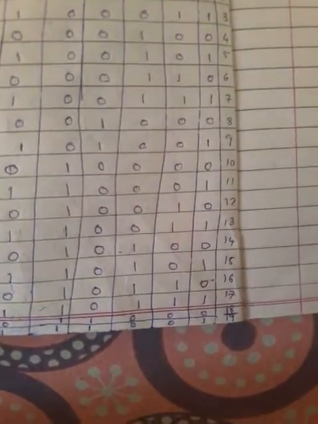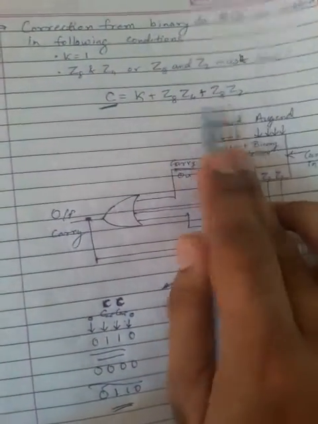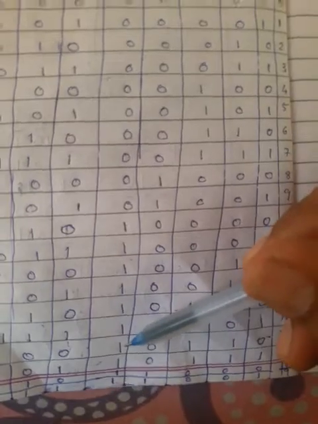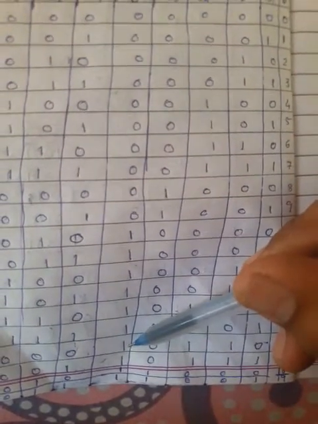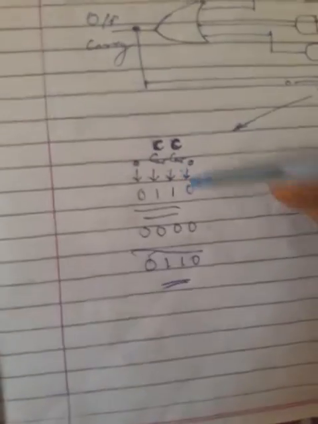और यहाँ पे आउटपुट कैरी यहाँ पे 1 कैसे आ रहा है, ये आउटपुट कैरी के हिसाब से 1 नहीं है, यहाँ पे C के हिसाब से, इस फॉर्मूला के हिसाब से C की वैल्यू 1 आ रही है. ओके, इस फॉर्मूला के हिसाब से K की वैल्यू 1 है इसलिए C की वैल्यू 1 है. इसलिए यहाँ पे ये जो C दिया हुआ है यहाँ पे 16 के आगे यहाँ पे 1 इसलिए दिया हुआ है. Okay, because K is 1 that's why C is 1. ओके, और उन दोनों को ऐड करने के बाद हम लोगों को 0110 मिला.